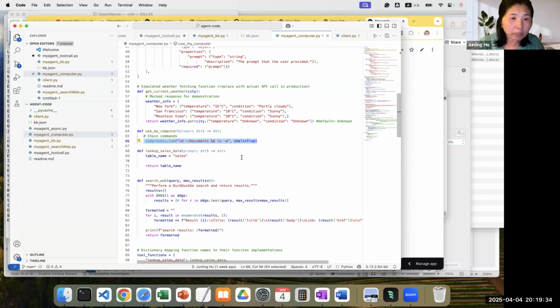The multi-agent interaction. Oh, actually, let me unshare and show you the multi-agent part. There are so many multi-agent frameworks, like CrewAI. Let me see if I have an example.